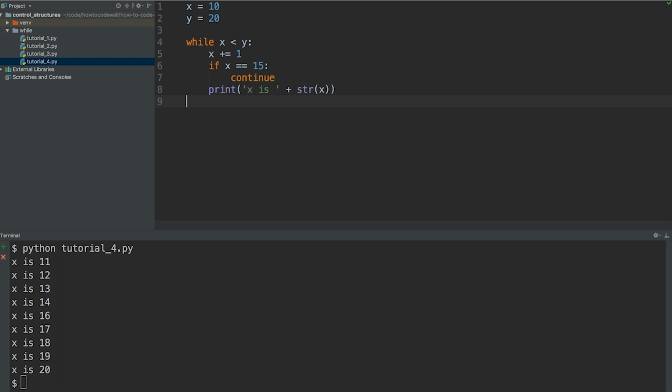In today's tutorial I'm going to be demonstrating how we can quit out of this while loop. So at the moment what we're doing is we're iterating over this condition, if x is less than y. We're incrementing the value of x by 1 each time we run this while loop, and we're checking if x is equal to the value of 15. If that is the case, then we continue on to the next iteration without